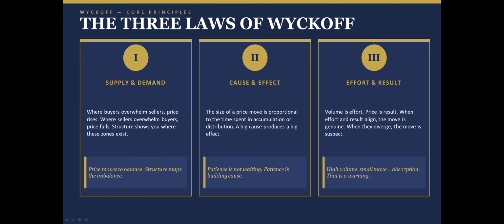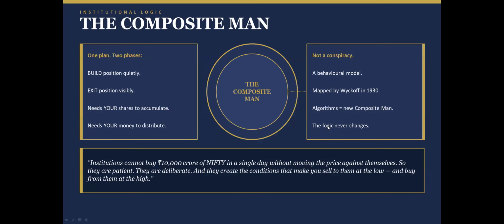And so these are the principles or laws of Wyckoff. Then let us understand the composite man. The composite man was a term coined by Wyckoff, and the composite man is not a single person, but can be an institute or multiple people with actions which are in sync. So it is not possible for any one person to move the market, and it is not allowed also.